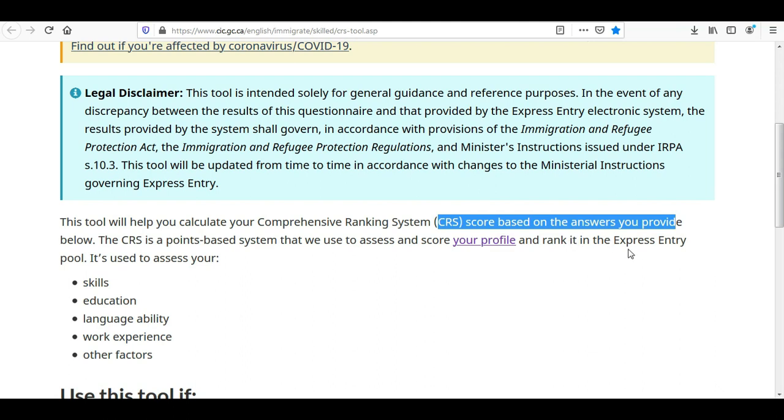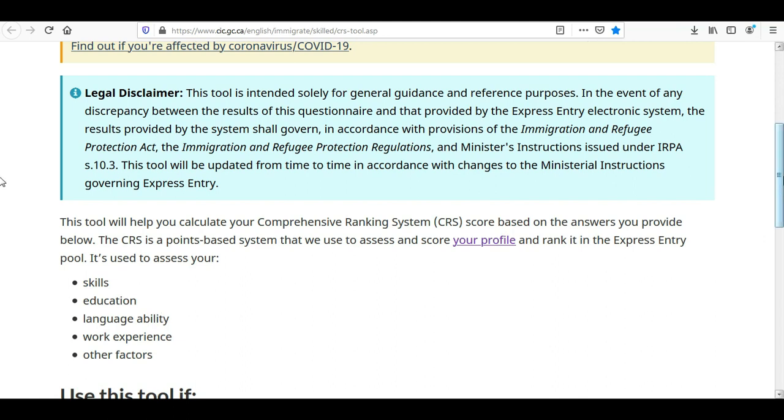It means that when you create your Express Entry profile, your profile will be allocated certain points, and then based on the total points the rank would be assigned, and these points are based on various factors such as skills, education, language ability, work experience, and some other factors. So we are going to learn that in this video.